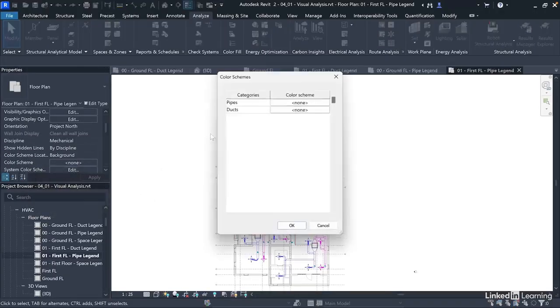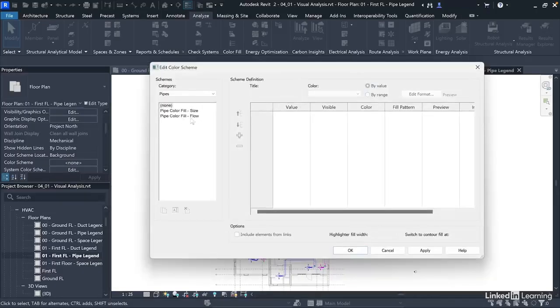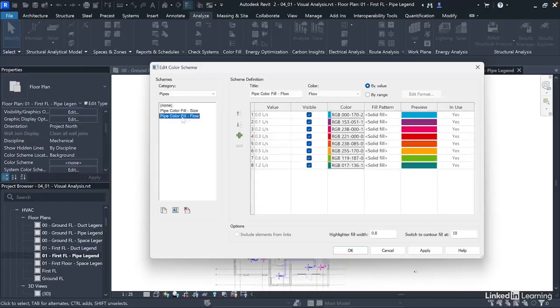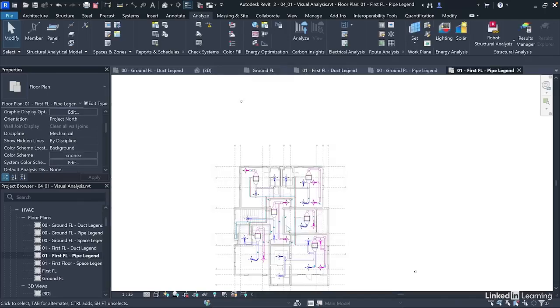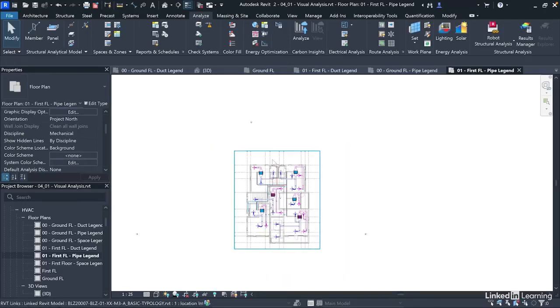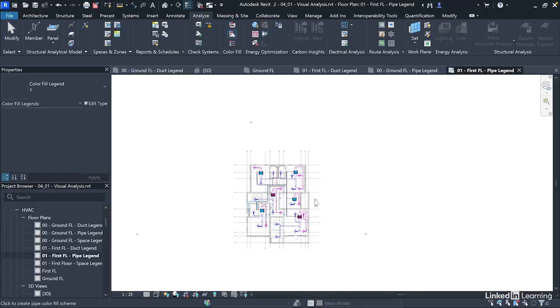You click edit. You can see you can change the duct or pipe color scheme. So edit for pipe, and then we'll choose the one we just created for the ground floor, which is this. Then we'll click OK to close the dialog and close this as well. Now to place the legend, we just simply click on the pipe legend tool and we'll place this beside the